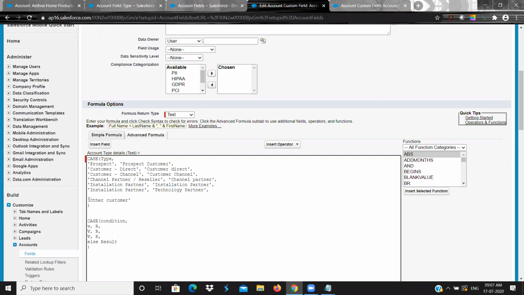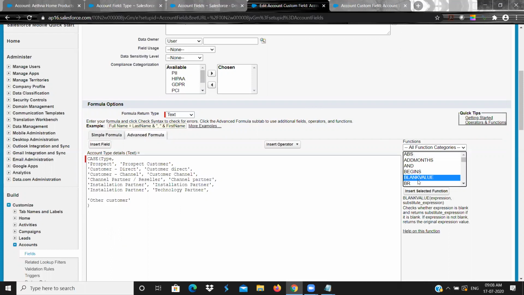So you have to give it for sure. Without properly completing the syntax, if you do anything, it will throw an error. That is an important thing you should know. So this is the CASE functionality. CASE is very important, you will use CASE and IF often in many areas.